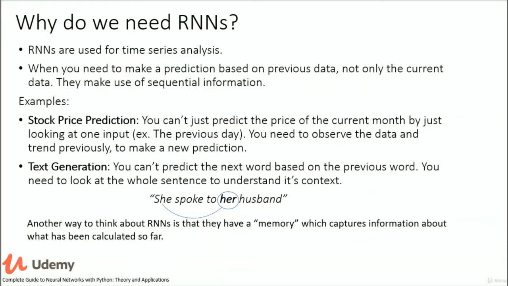Let me give you two examples of when we're using RNNs. First, stock price prediction. When we want to predict the stock price, we can't just look at the current input. For example, the current input might be the previous day. We can't just look at the previous day to predict it. We need to look at previous months or sometimes previous years. They're all sequential information,